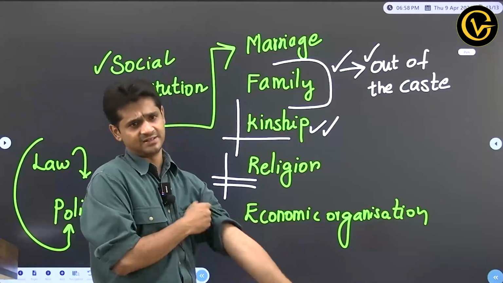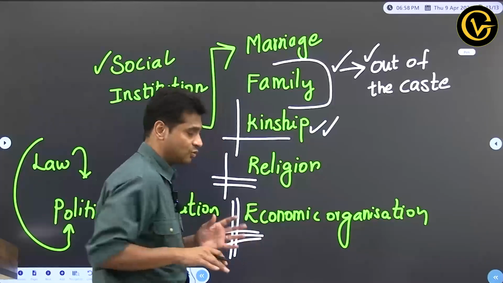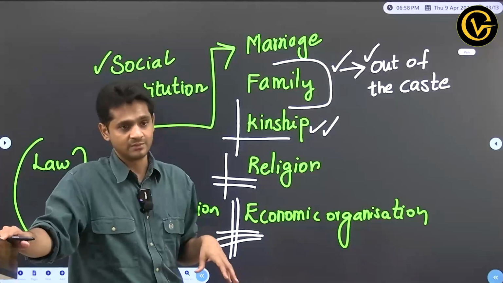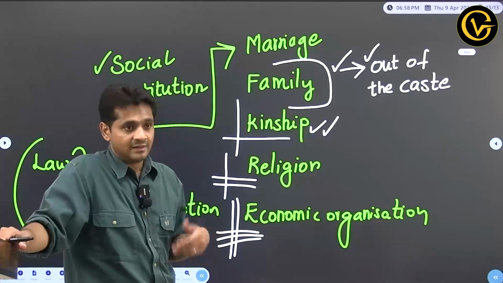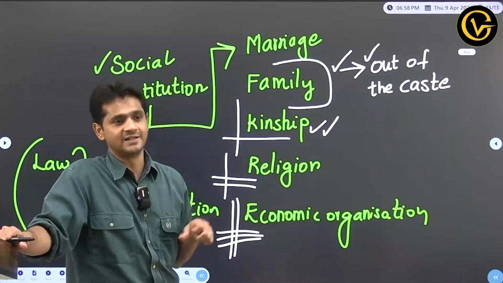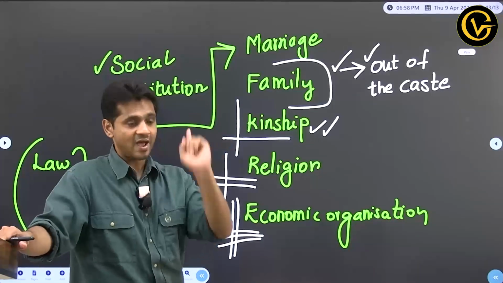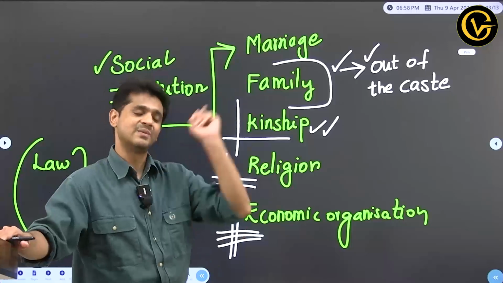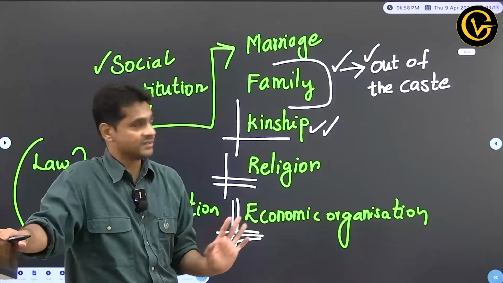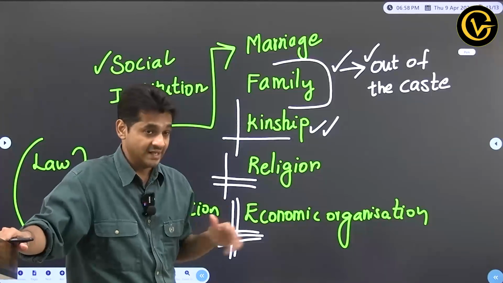Like that, in economic organization, if you are doing wrong, there is a possibility that you might not be involved in economic activity. If you don't involve in economic activity, you will not have a livelihood, especially in villages. Why do people respect the authority of the elders? Because the entire land is under the control of elders. If you don't listen to elders, elders might not give you access to their land. When you don't have land, you don't have an economic activity. When you don't have an economic activity, you don't have a livelihood. You understood my point?